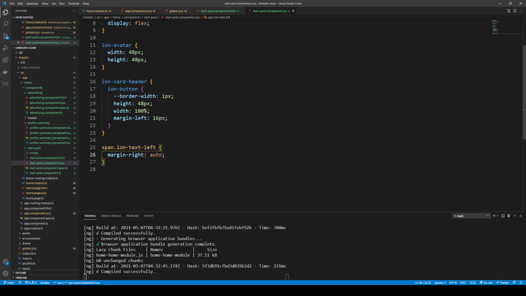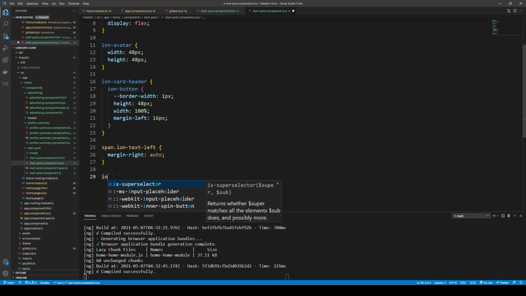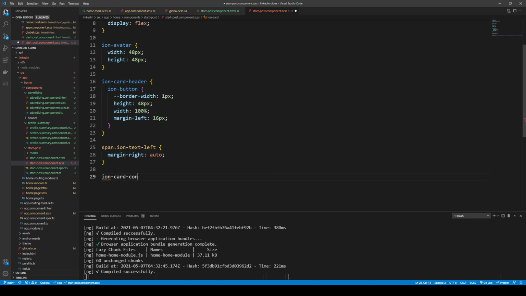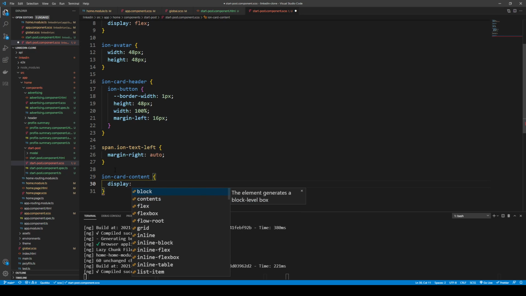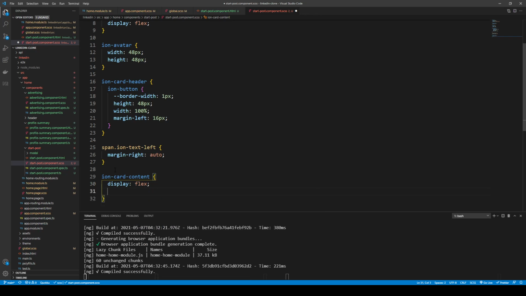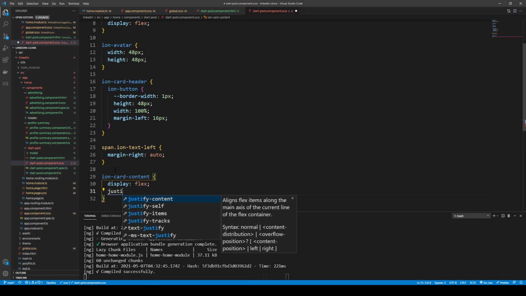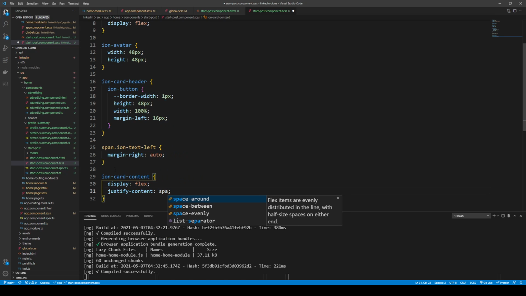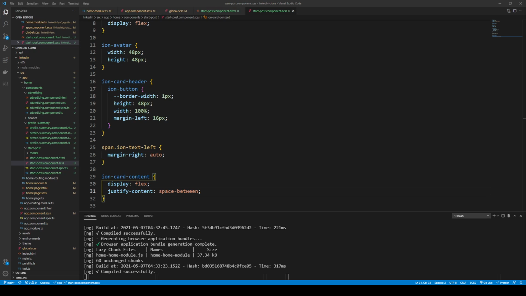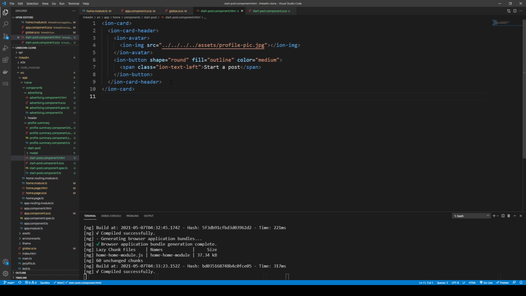And we know that from before that we want the card content to be flex. So we'll just display the content that we're about to add as flex with a justify content of space between. So now if we come back to our header, in our ion-card and our ion-card-header, next to that, the next adjacent sibling to the header, we can have an ion-card-content,